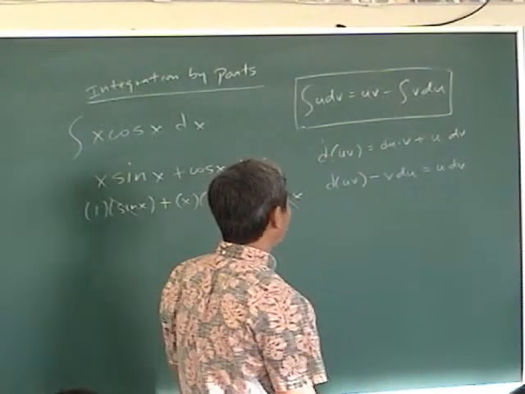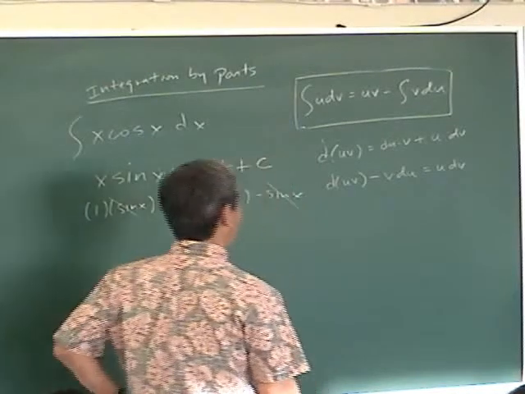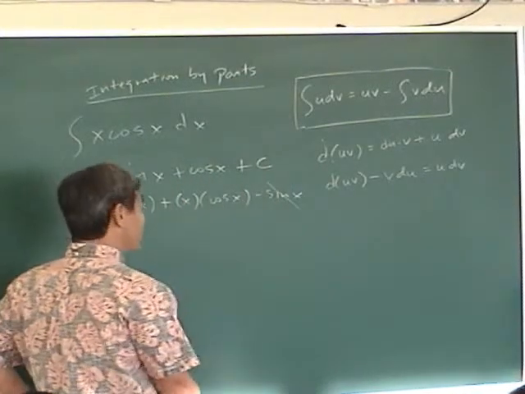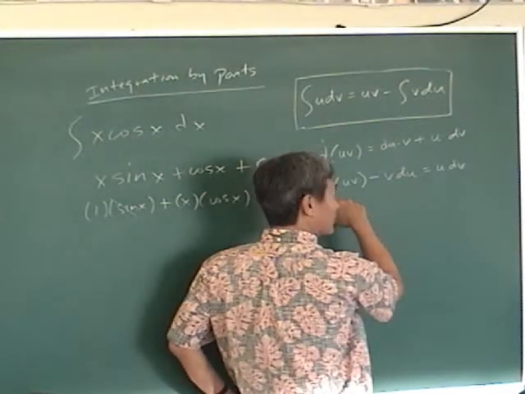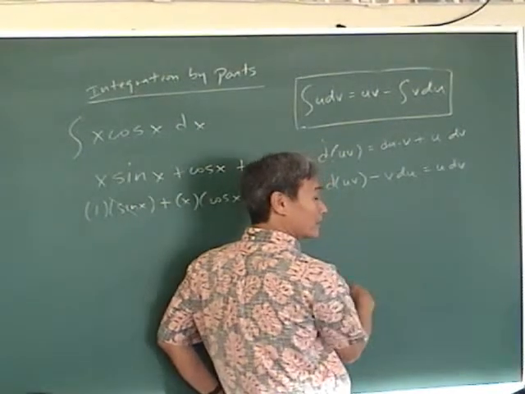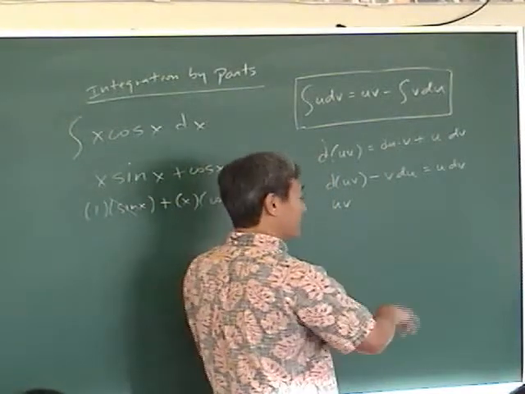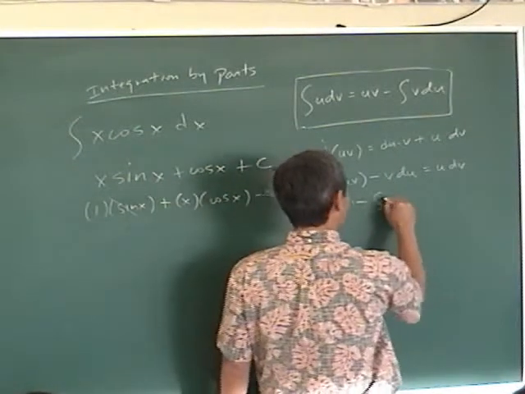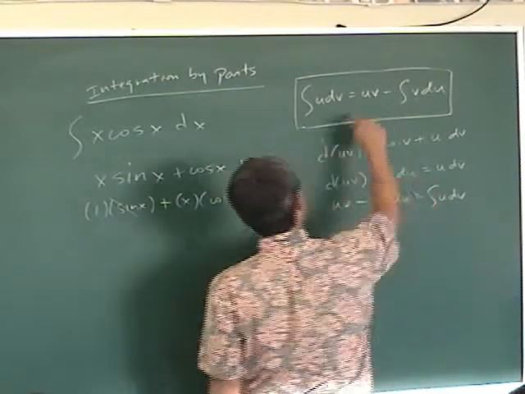So what do you do now? How do I get from this step to that step? You integrate both sides. What's the integral of the derivative of u times v? You just get uv. They cancel each other out. The integral of the derivative is just the same thing. Minus the integral of v du is equal to the integral of u dv. And that's how you derive this formula,